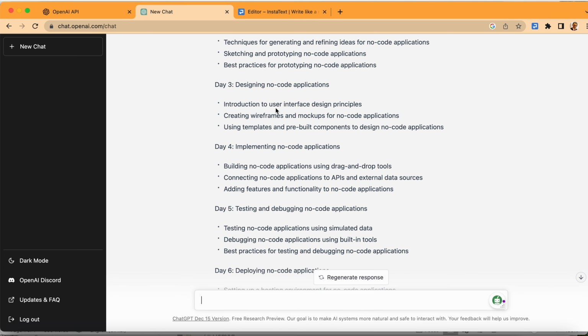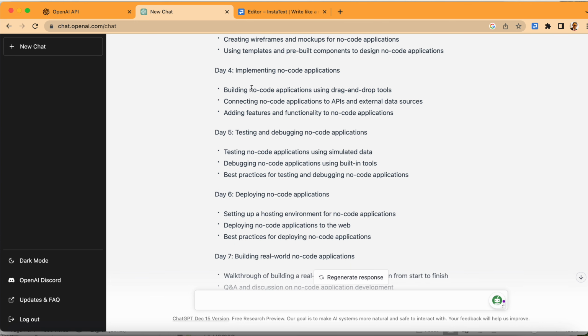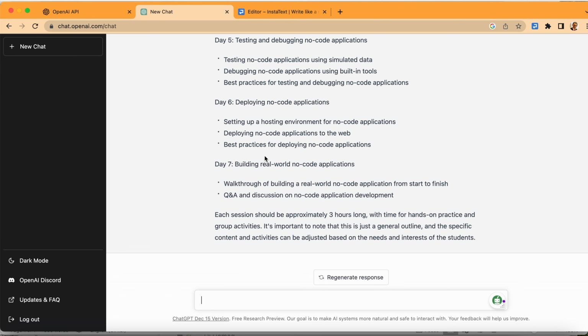And then day 3 will introduce them to user interface design principles, or creating wireframing, and maybe we don't need this one, but I can modify it later using templates and so on. Then day 4 we start the implementation, building a no-code application using drag and drop tools. It's not really drag and drop tools, but again, that's something I can modify, talking about the API and other things. The basics are there, but I think we should say to it, we will be using